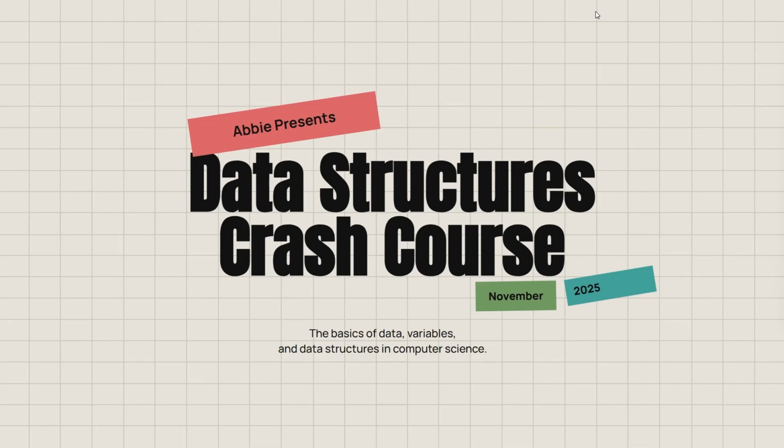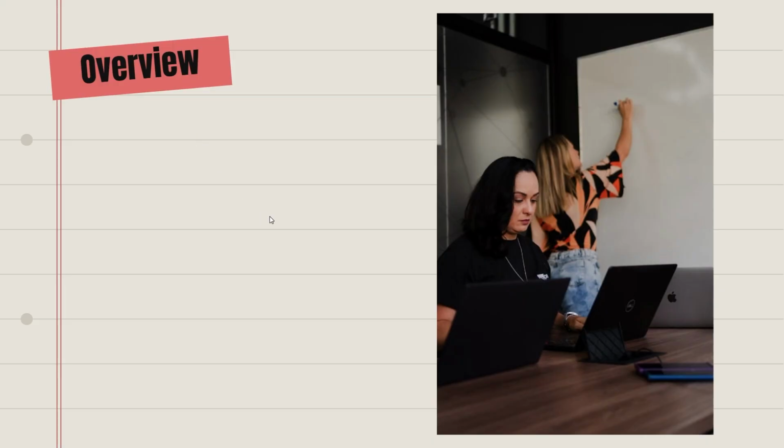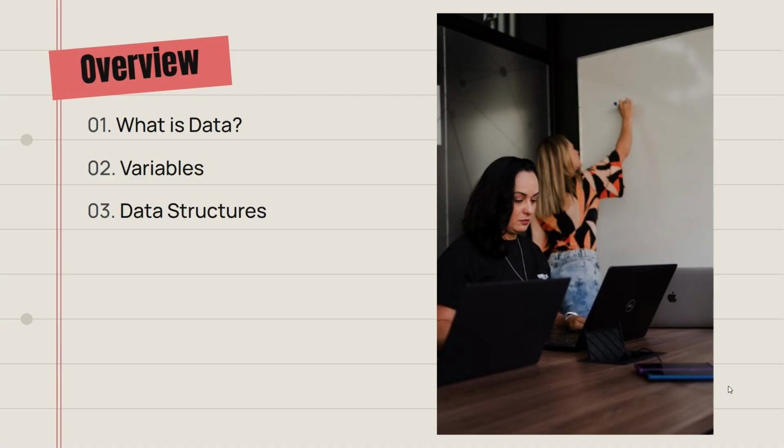Welcome to my good old data structures crash course, where I'm going to teach you the basics of data, variables, and data structures in computer science. So today we are going to be talking about what is data, especially in the course of computer science. Variables, which are essential for coding and using any sort of information in computer science, and finally data structures. So I'm giving you all the context, and then we're hopping right into what data structures are and what they